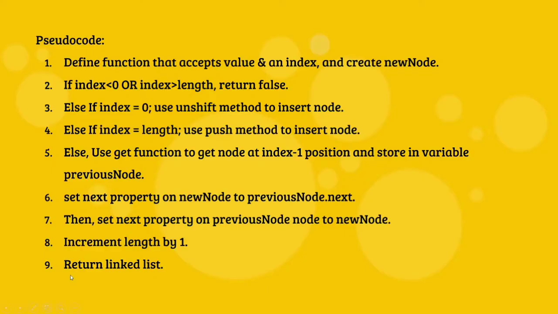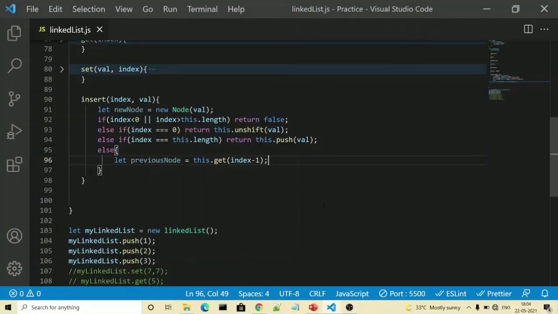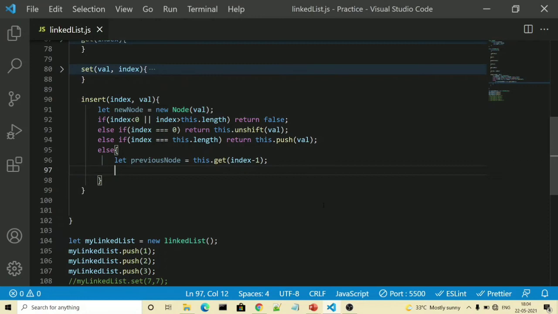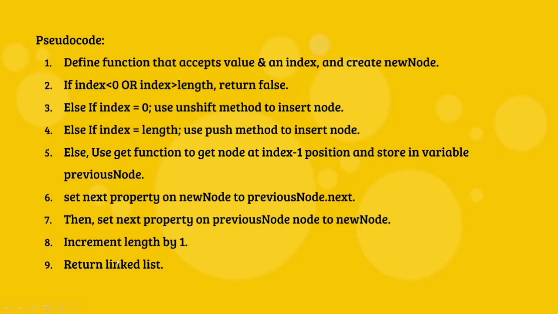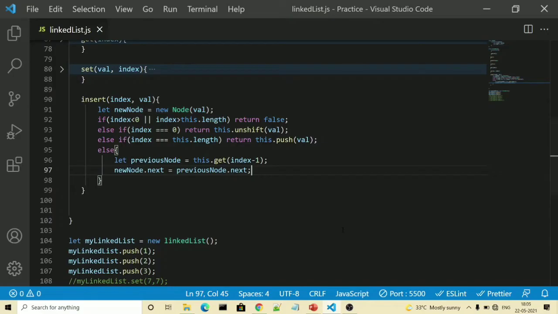Once that is ready, it is saying set the next property on the new node to previous node.next. So we will do newNode.next is equal to previousNode.next. Then it is saying set the next property on the previous node to our new node.